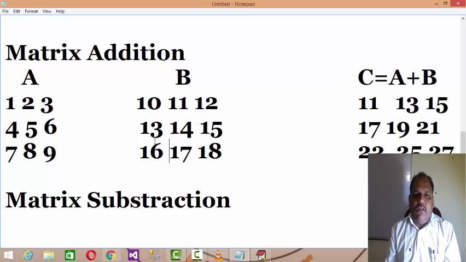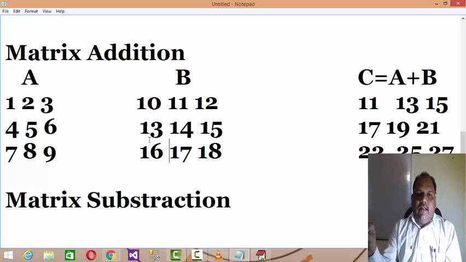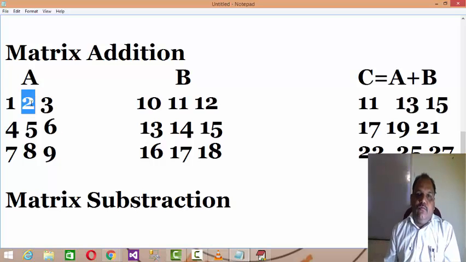Try to understand one point: write the coordinate C of 0 0 equals A of 0 0 into B of 0 0 plus A of 0 1 into B of 1 0 plus A of 0 2 into B of 2 0. If this is the way you add it, then that is the logic you need to write.